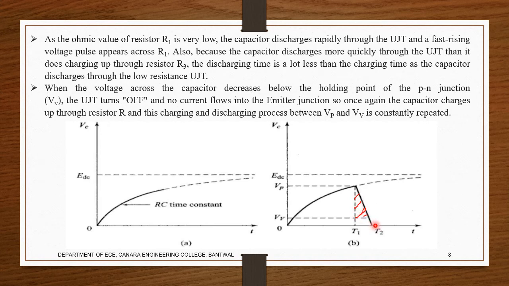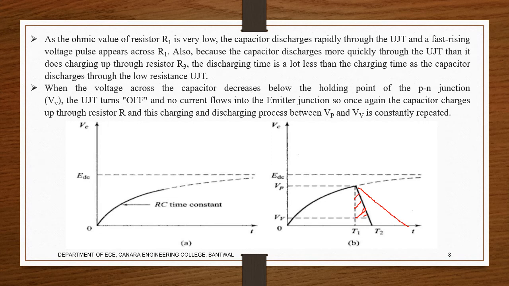After that it reaches the saturation region. This is the cutoff region, and this is the negative resistance region where it will start to work. This is VP, and this is VV, and from VV to here it is the saturation region. So this is the working region. We can make this working region larger with respect to the resistance value. If we make the resistance value lesser, we can extend the line till here. The lesser the resistor value, the more triggering region we get.